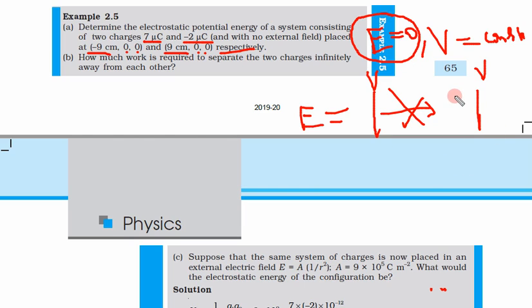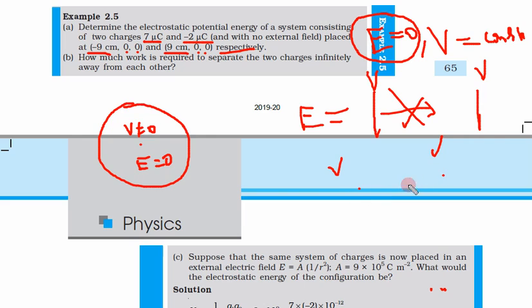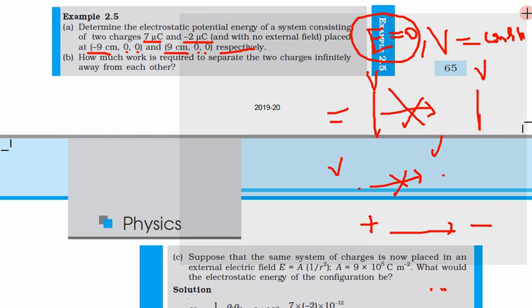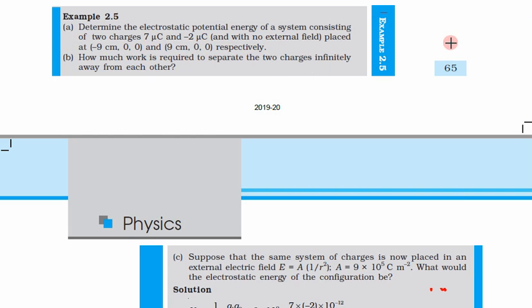We considered this in the case of a thin spherical shell, where inside E was 0, but V is not equal to 0. If at two points V is equal, there is no electric field, because electric field can only be from positive to negative, and since there is no potential difference, nothing is positive, nothing is negative. So no electric field, but potential is there. Potential could be constant, so this does not mean that potential is also 0.